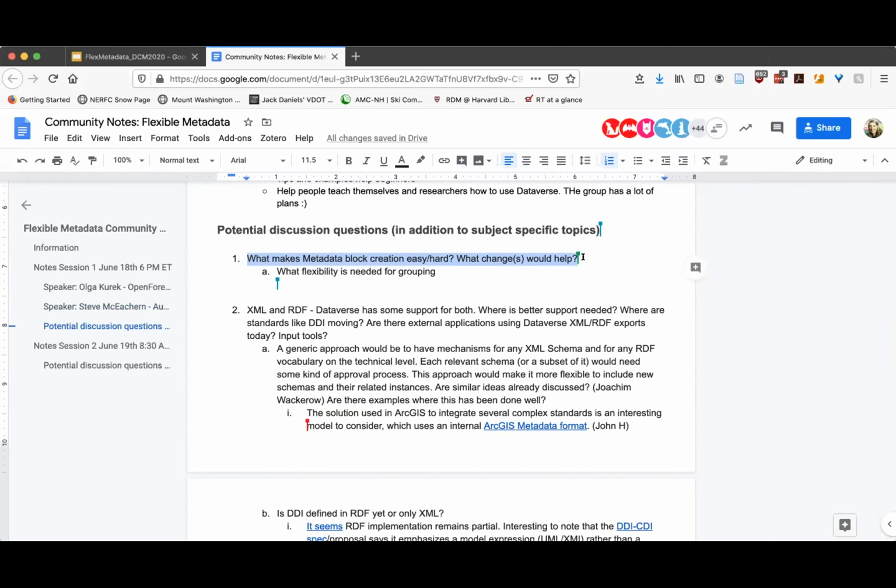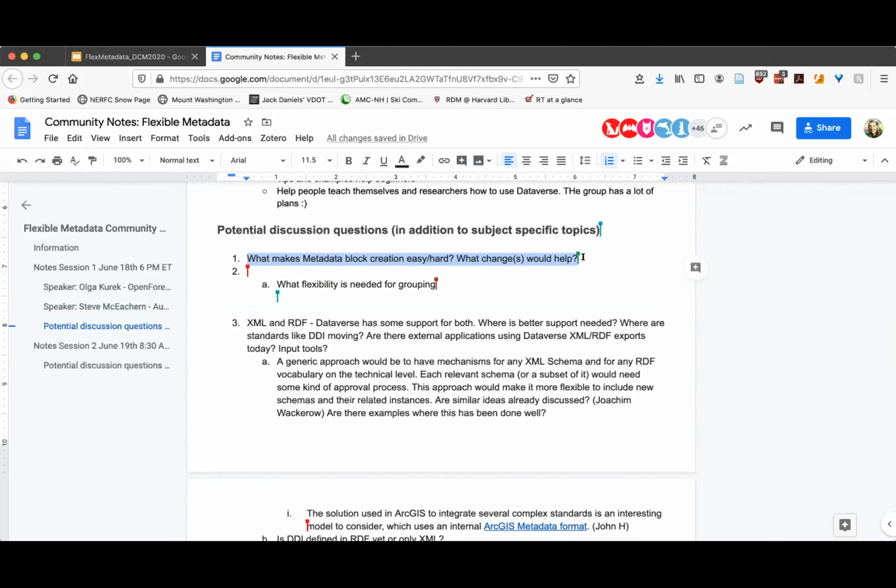Sherry Lake from University of Virginia. Yeah, it's understanding how the metadata blocks are created in the TSV file. Because I actually touch that file. And so whenever that metadata block gets updated in new releases, I have to go back and see what I've changed.